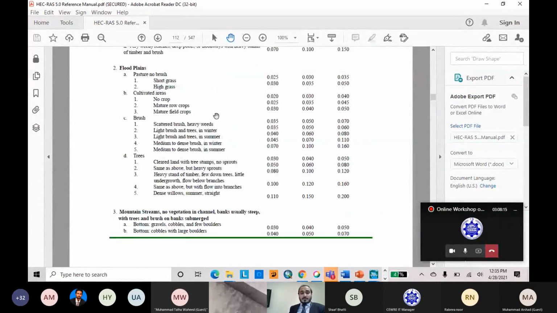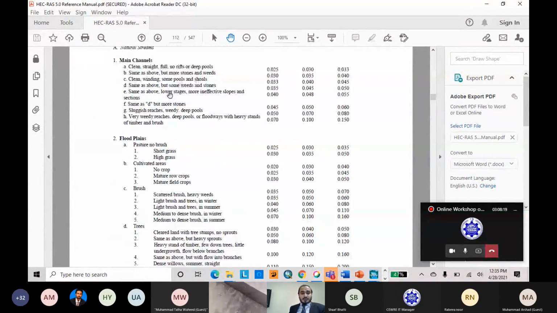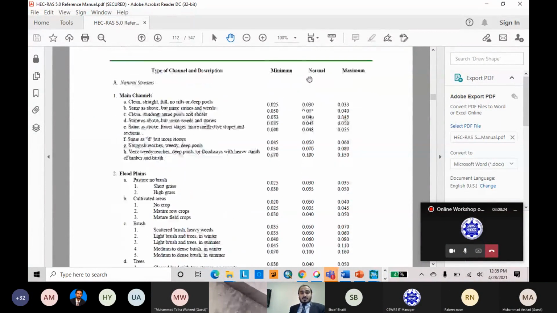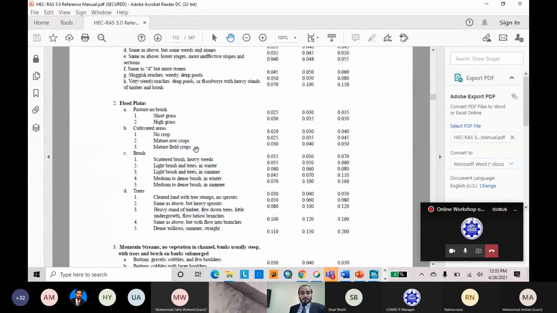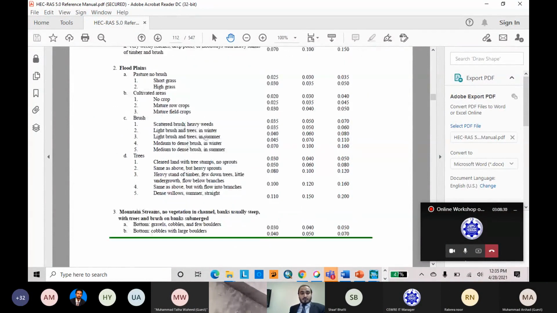So we can use the value for stones, 0.035 normal value. For the far left overbank and the right overbank we can use clear land with tree stems, no sprouts. We can use 0.04 values according to our case.